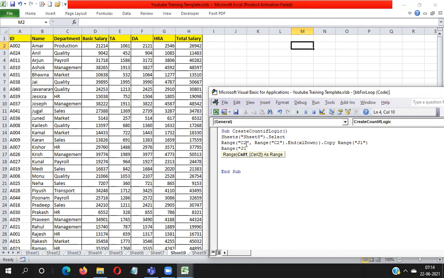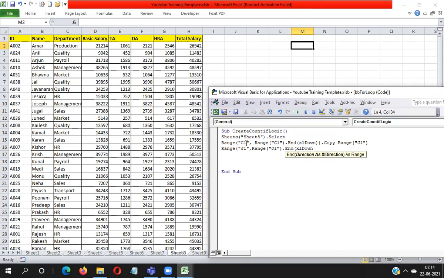Sorry, I have to take the header also, so I will write J1. Now I need to remove duplicate values. I take the base cell J1 and move downside with End, so it moves to the last data.